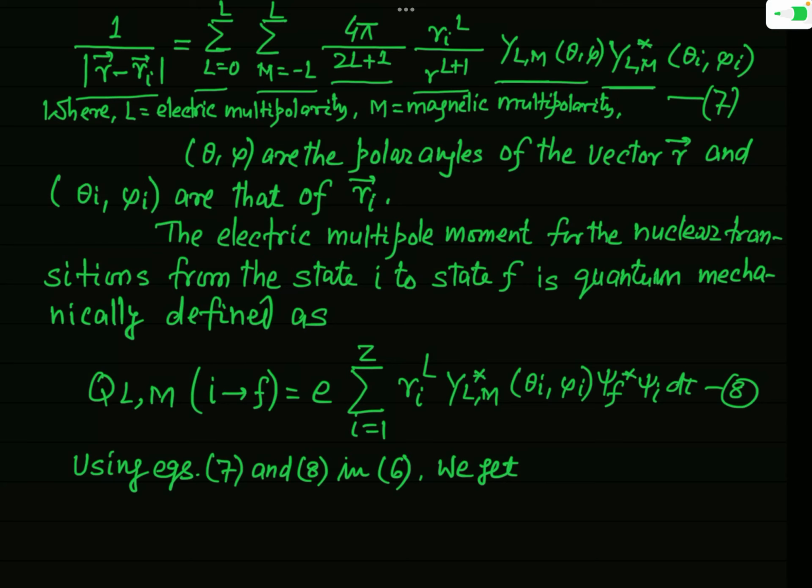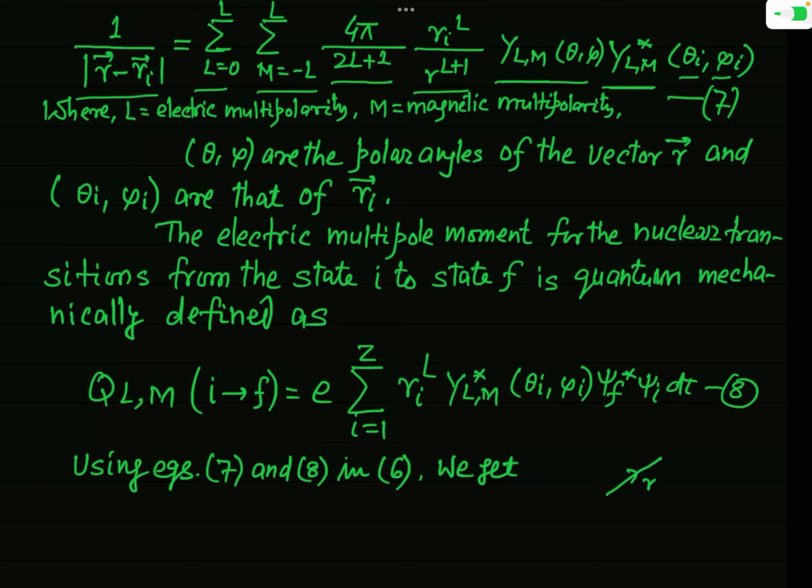In fact, these theta and phi are the polar angles for the vector r, that is for the electron, and these theta_i, phi_i are the polar angles for the position vector r_i of the nucleus. When the position vector is r_i, the corresponding polar angles are theta_i and phi_i. You can see this, if it is r,